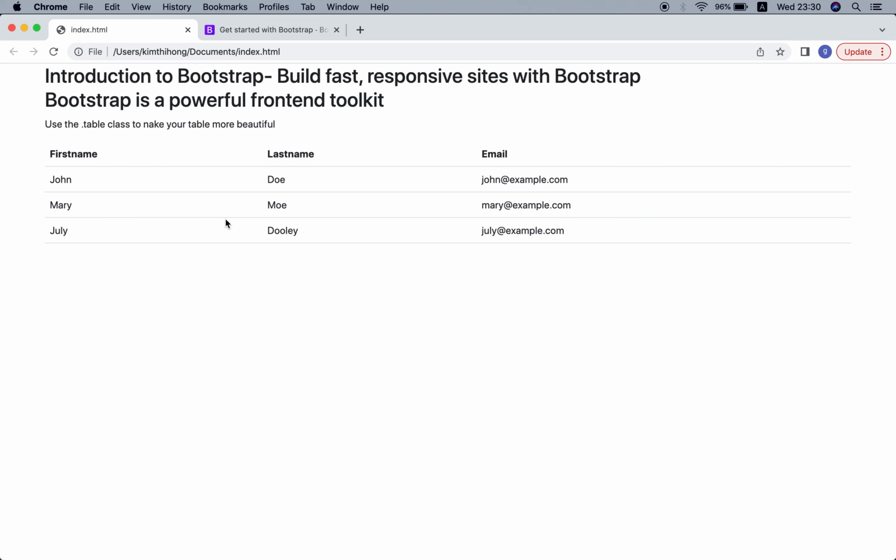Okay, now the container makes our website better, with left padding and right padding. And more important is that with the container class our website becomes responsive.